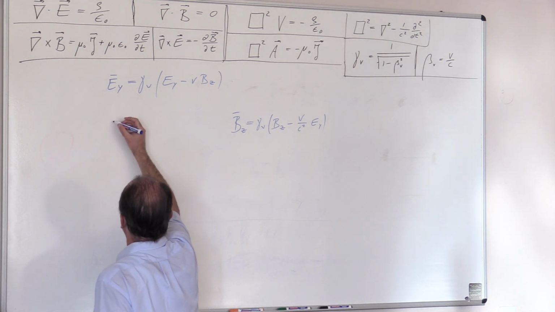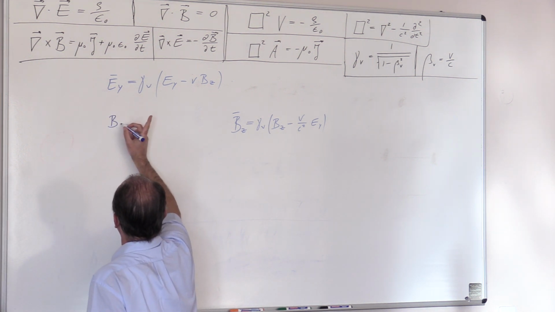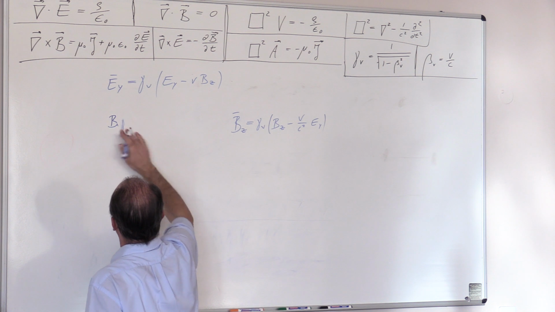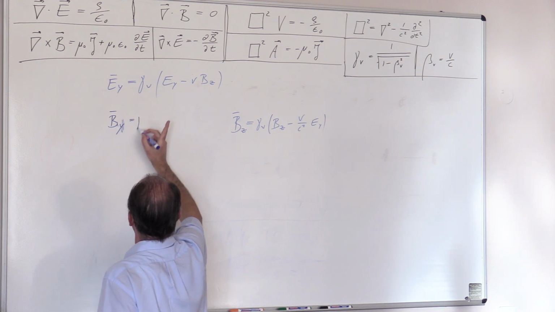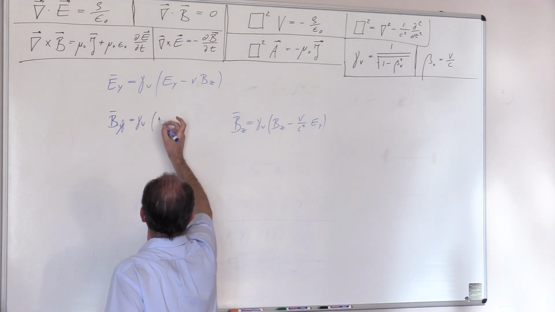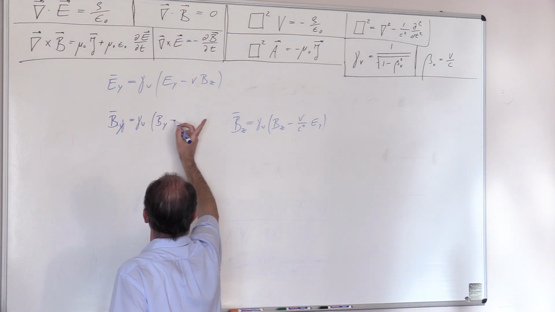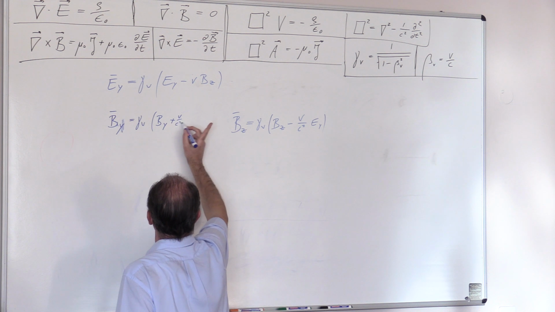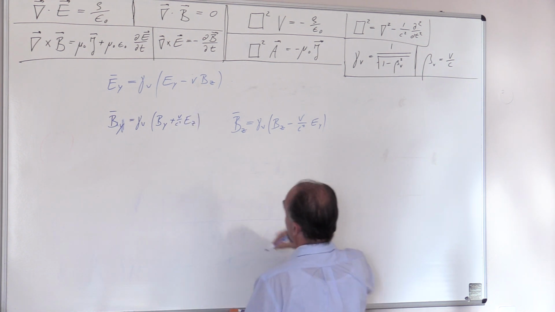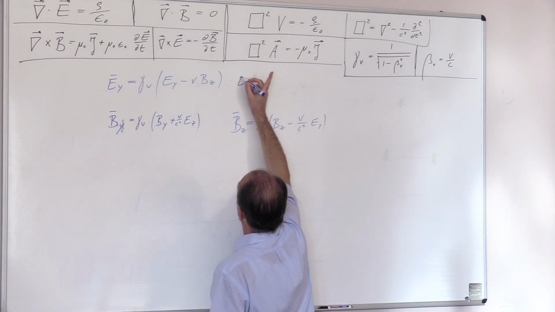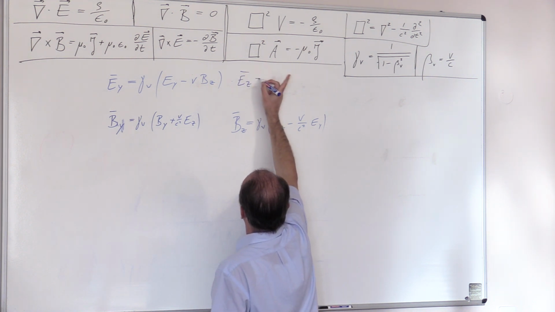What you'll see is that then b y bar will be gamma times b y plus v over c squared e z, and we'll get e z bar equals